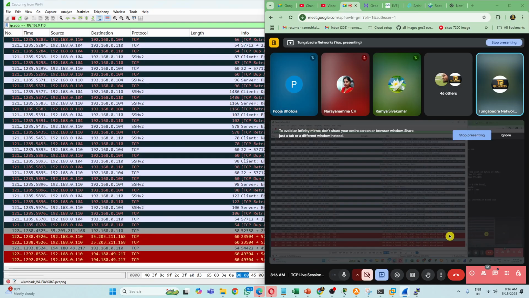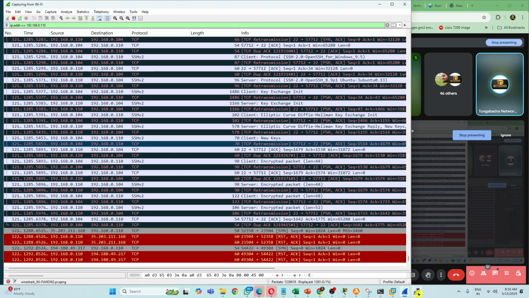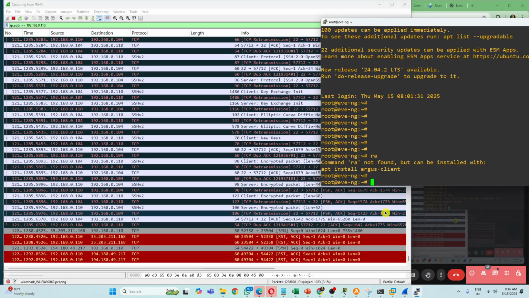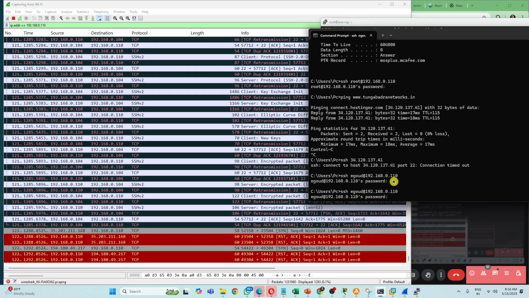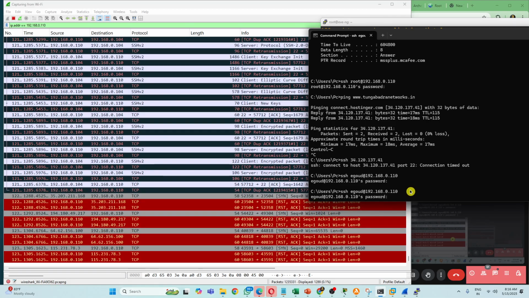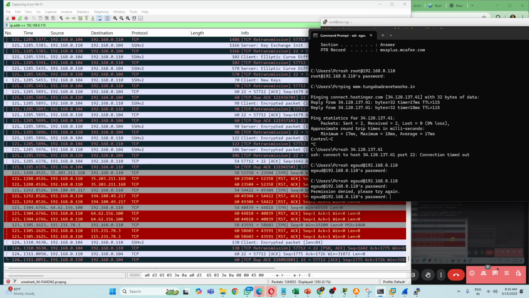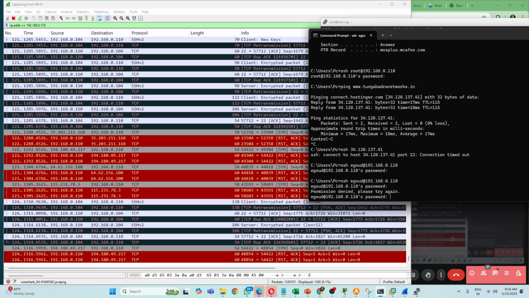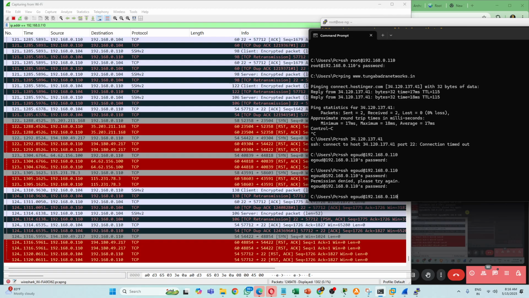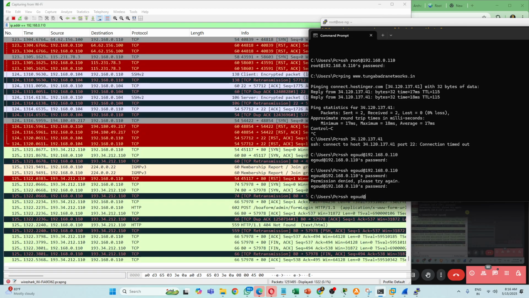If you closely observe at the bottom, it is showing red color, right? Red color. Are you seeing it? I got it with this user trying to log in.